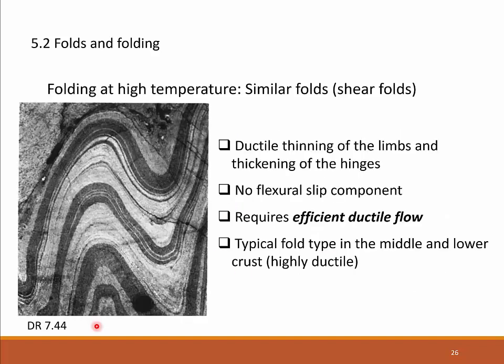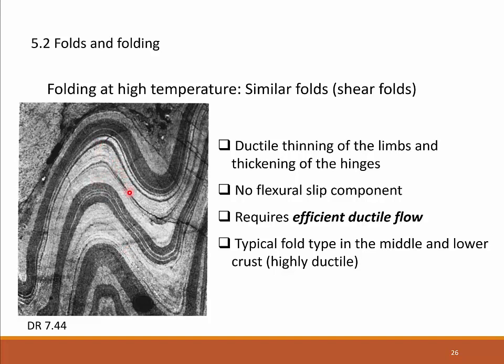The second important type of folds are similar folds or shear folds. In contrast to concentric folds or flexural slip folds, which are typical for the brittle ductile transition and relatively cold temperatures, similar folds form at high temperature because they require effective ductile flow in order to form the shapes that are characteristic for them. The main characteristic feature for similar folds is that the layers are thicker in the hinges